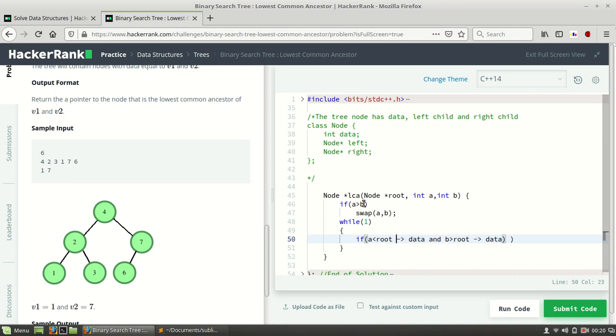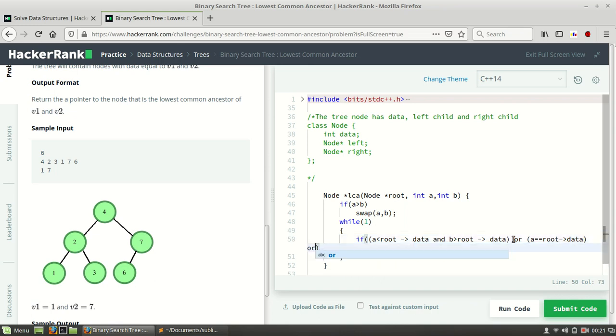Or there will be another case, like we are given only 4 and 2 in the binary search tree, and a is equal to 4 and b is equal to 2, so here the root will be only 2. So for that case also we will give a while loop condition: if a is equal to root data, or b is equal to root data.